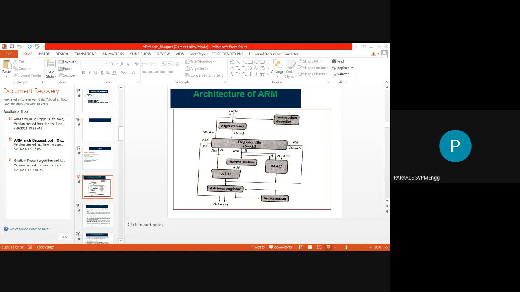Similarly, if I take another example 0 1 0 0, basically this is 4. But if I shift this 1 bit towards the right hand side, it becomes 0 0 1 0. So what is this value? This value is 2. So this is called a divide by 2 operation. Okay, so what is the significance of this barrel shifter? This barrel shifter is a block which is used to multiply by 2 or divide by 2. So these kinds of operations, rotation, multiplication or division, are directly done on the data by using this barrel shifter block.